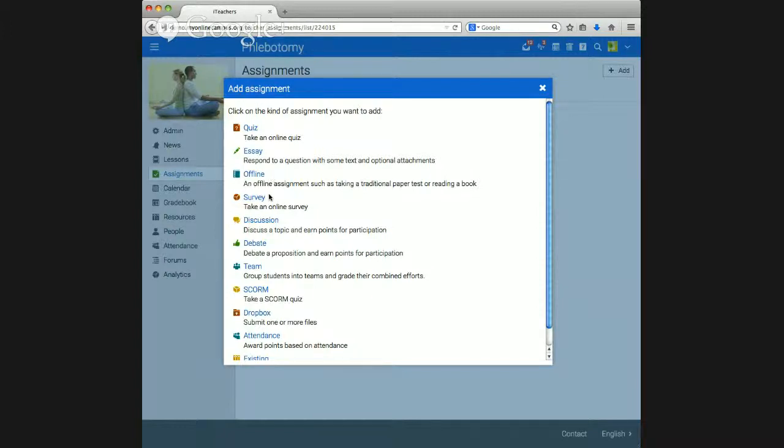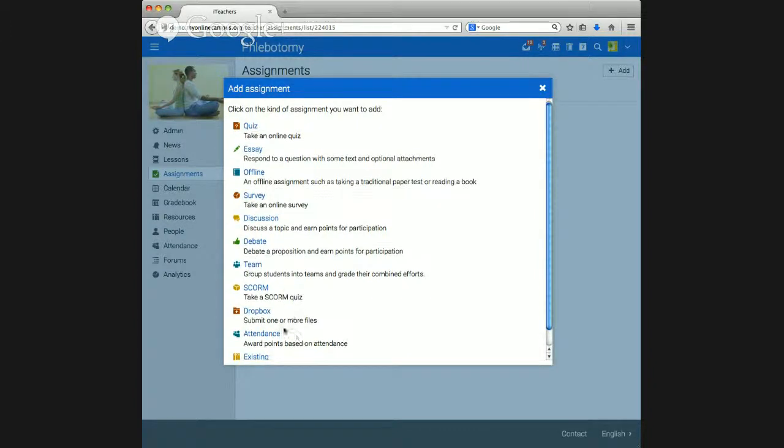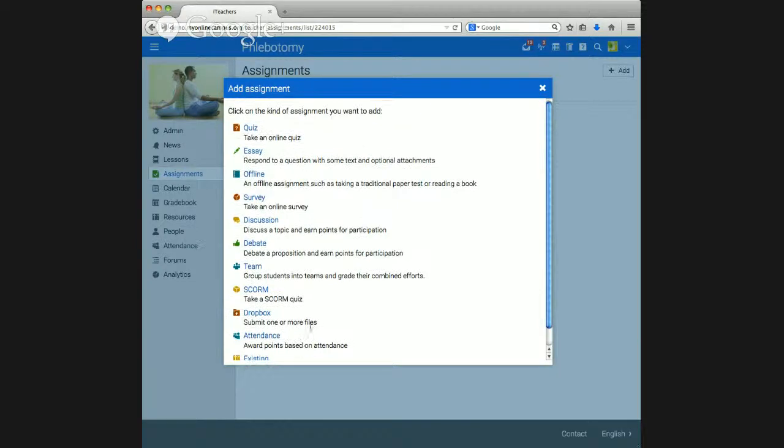You can do surveys for students when they finish complete classes, and we have our discussion topics, our debates. We have student work in team group. You can import SCORM quizzes, and we have a Dropbox area, and you can also give points for attendance. But we're going to add a quiz right now,